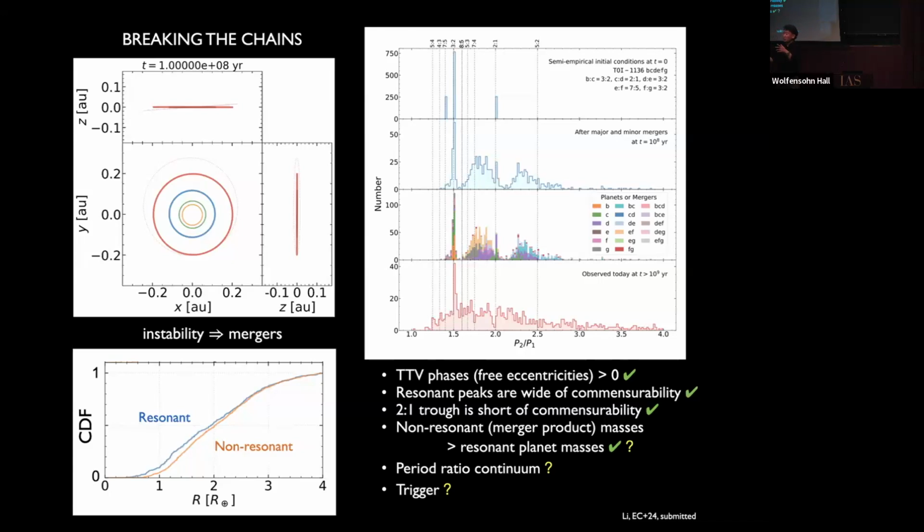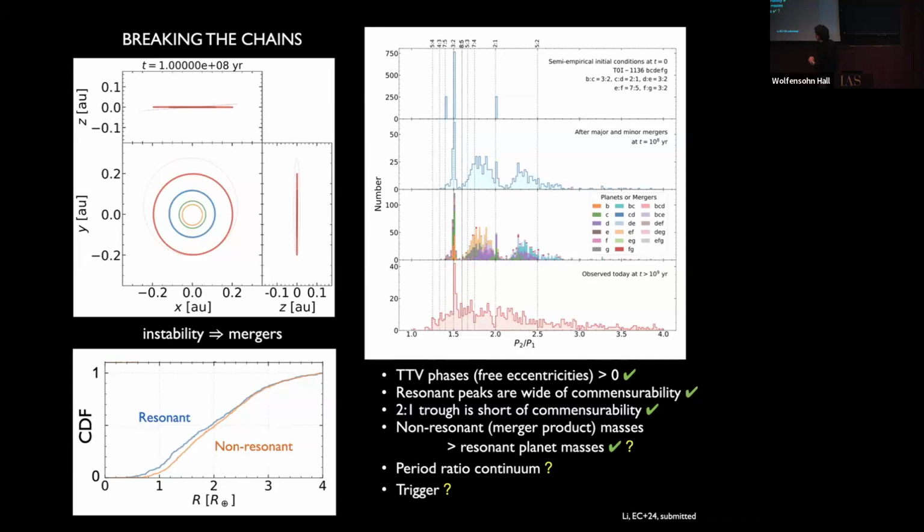But the other reason why they're systematically wide of resonance is because all the minor mergers, all that debris flying around and reaccreted by the pair, when you have a resonant pair like this and all the debris is bombarding you from either side, you tend to widen that pair. Okay, so that's the other reason how the widening can be preserved even after all of this instability.